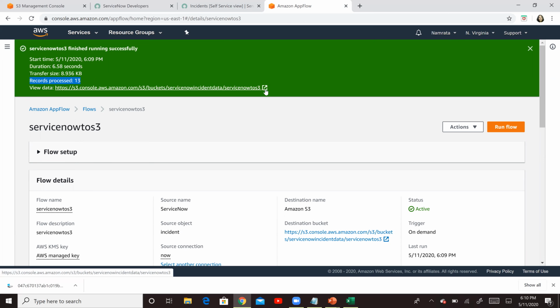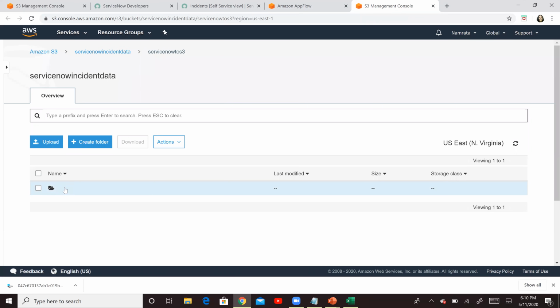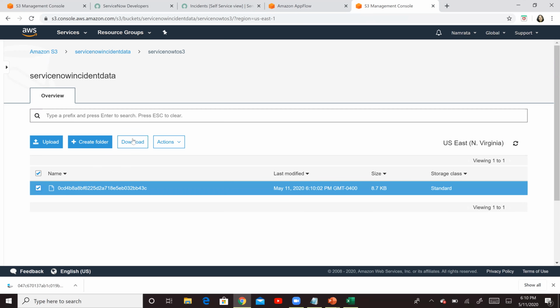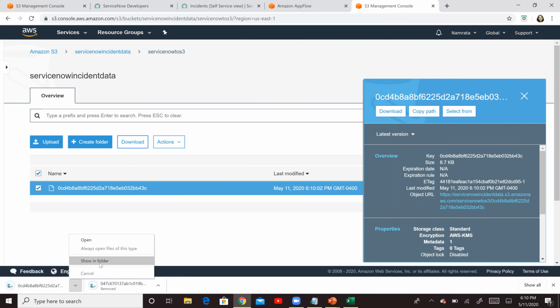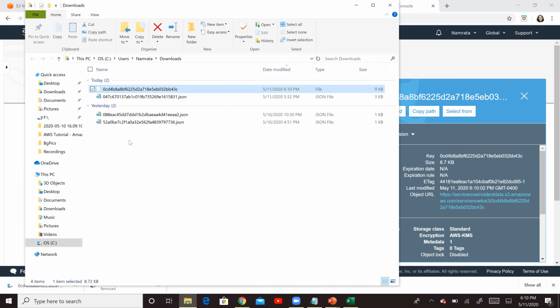So go ahead and click on this icon to view the data. So this is the folder right here. Click on this folder. And in this folder should be a file. So select this file and click on download, right? And then open that particular location. And this is actually a JSON file. So just save it as .json. And then